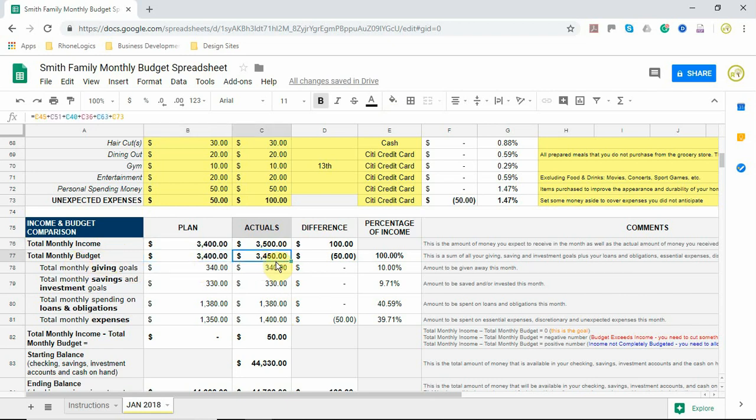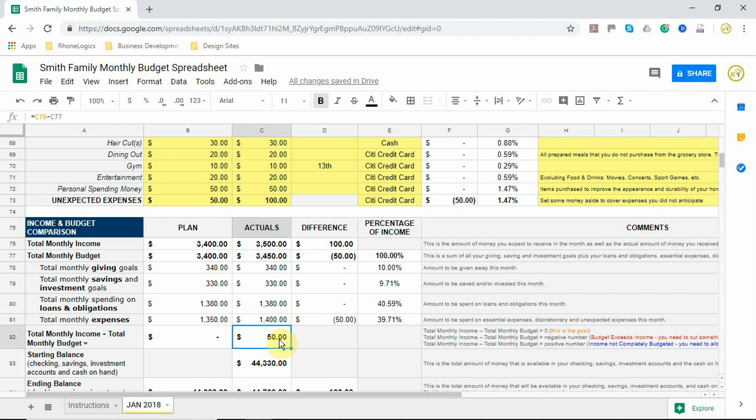So there's a difference of $50 here. And that $50 came from my expenses category, right? So this is where the $50 can be found. However, I'm still $50 in the positive for the month because my total monthly income, again, was $3,500. But my actuals for the month was $3,450, so I still have $50 left over for the month,